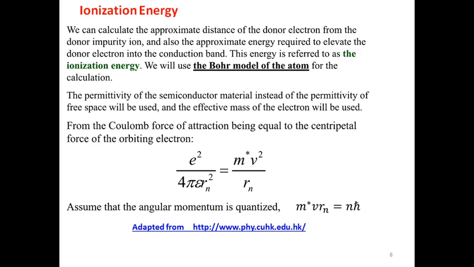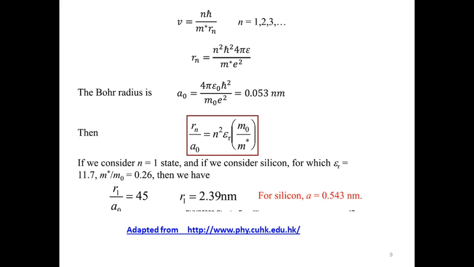We know that the centripetal force is balanced by the electrostatic force here, which is shown here, and the second postulate is mvr equal to n h cross. This particular slide I adapted from a particular website, which is only for academic purpose. Then if you rearrange the terms, you get an equation in terms of velocity, then in terms of number of orbit, then finally we can calculate the value in terms of Bohr radius. In a hydrogen atom the Bohr radius is 0.053 nanometer.